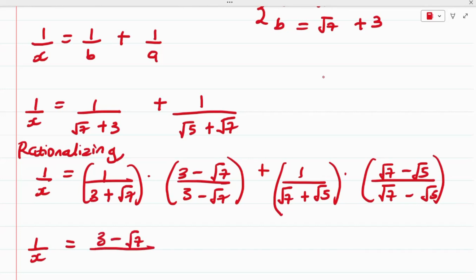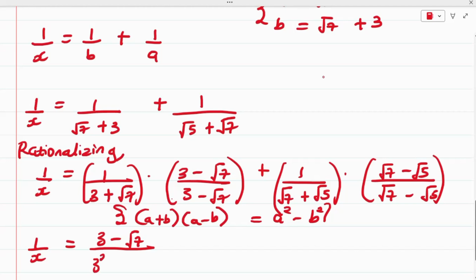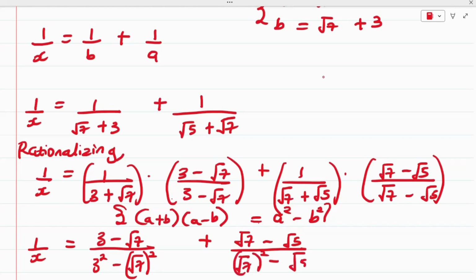7 divided by. Now for the denominator, if we apply the property that says a plus b multiplied by a minus b is equal to a square minus b square, we have 3 square minus the root of 7 all square, plus 1 multiplied by the root of 7 minus the root of 5, divided by. Applying this property to the denominator, we have the root of 7 all square minus the root of 5